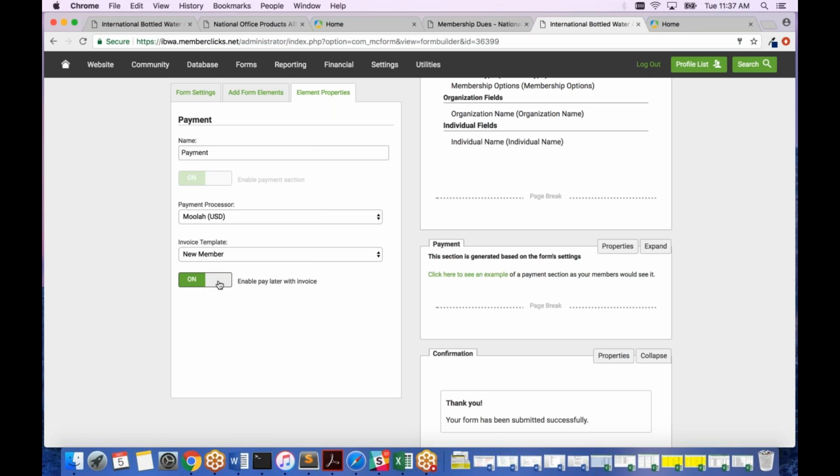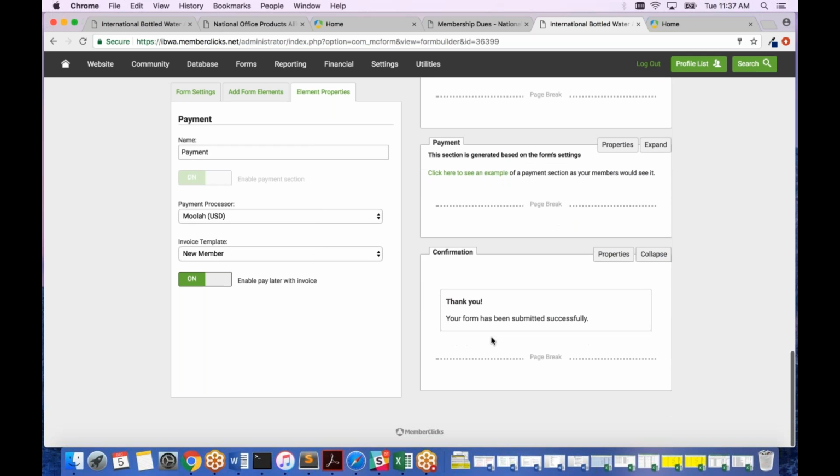So that means that they can submit the form. There's an open invoice. They're going to get the invoice notifications that you completed when you filled out those invoice templates for whatever invoice template you selected. Mm-hmm. And then they'll be able to come back and pay later. Okay. The last section is the confirmation section, and this